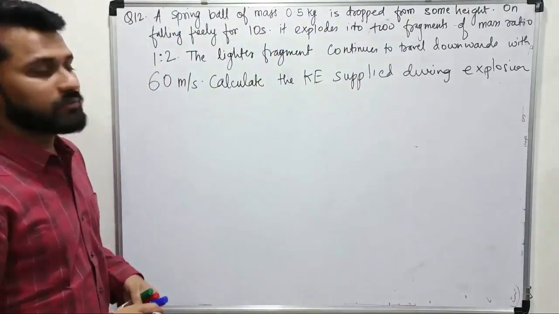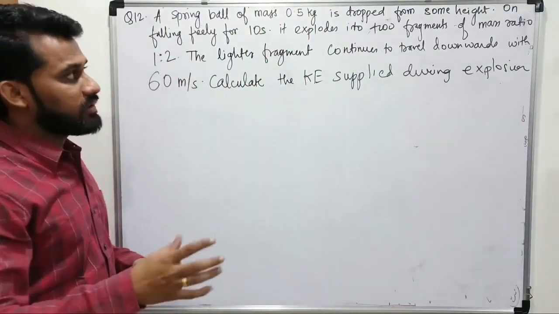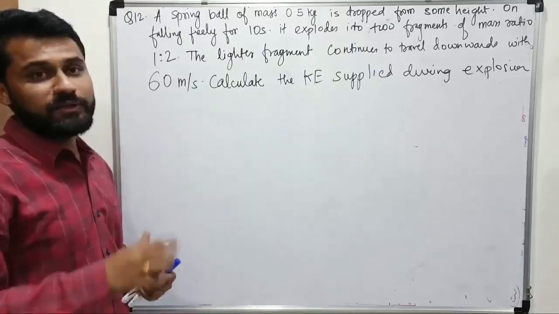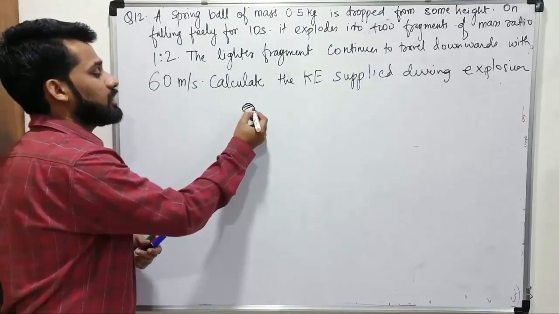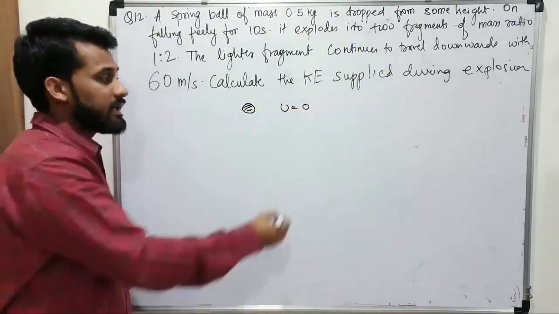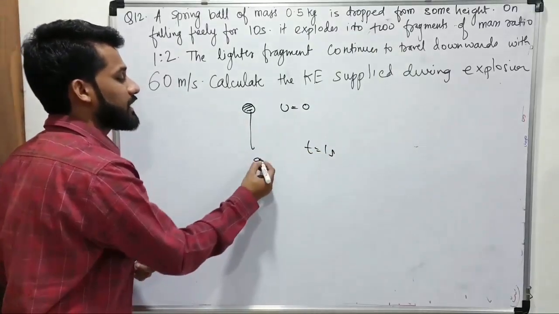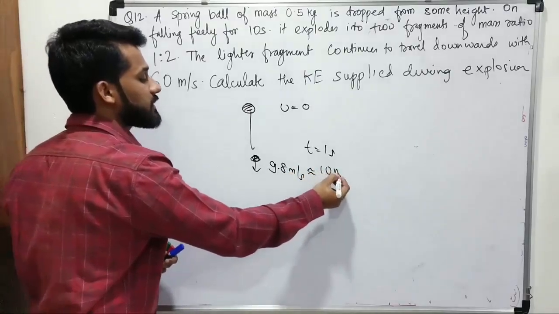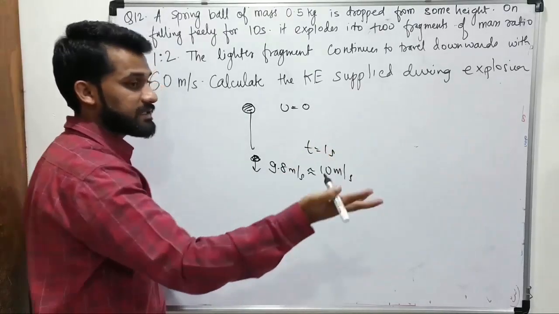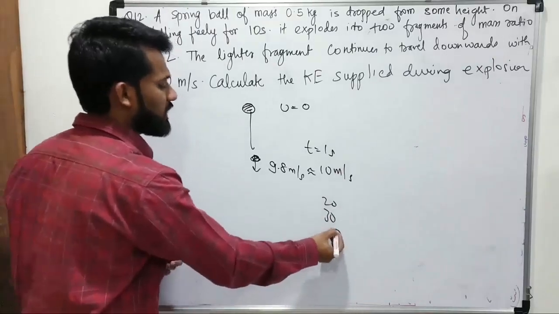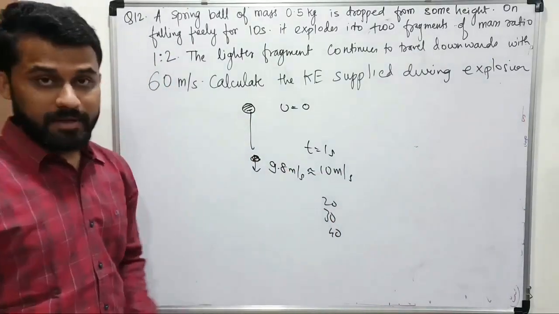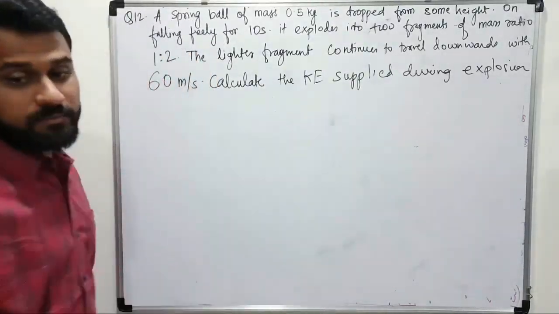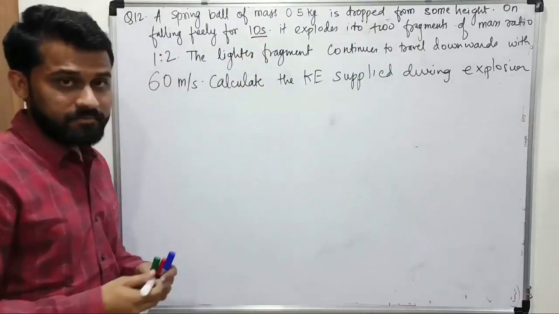Now, normally on Earth, what happens if you drop anything? On Earth, after every 1 second, its speed increases by the value of g. Means if you drop a ball from a certain height, the initial speed is 0. After 1 second, its speed will become 9.8 or 10 meters per second. After 2 seconds 20, after 3 seconds 30, after 4 seconds 40. Every 1 second, its speed is going to increase by 10. So orally you can calculate that the speed of that spring ball after 10 seconds will be 100,